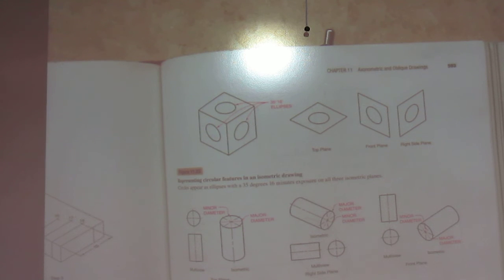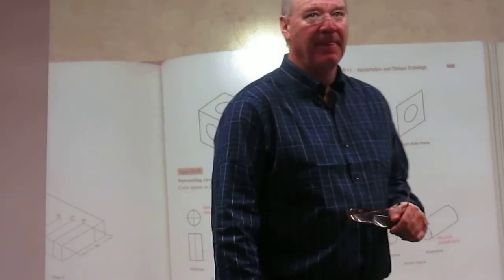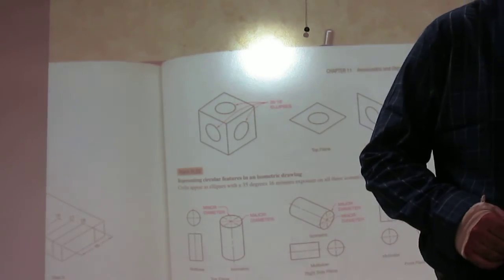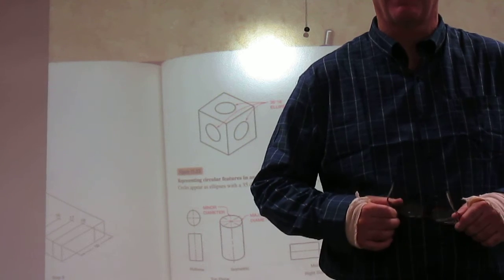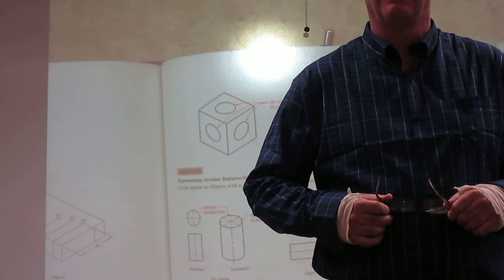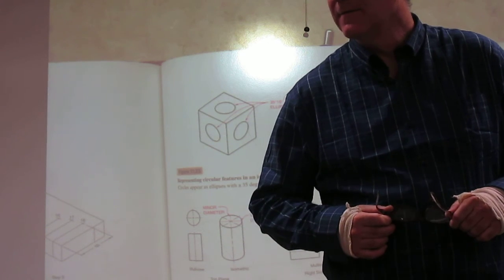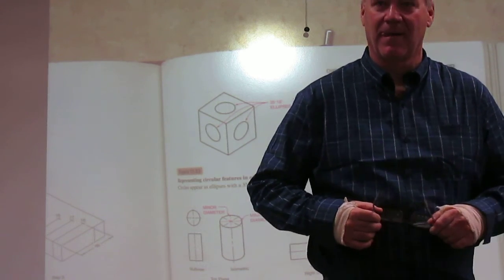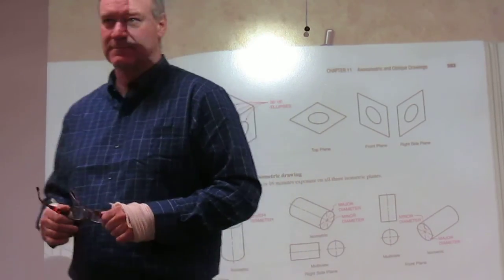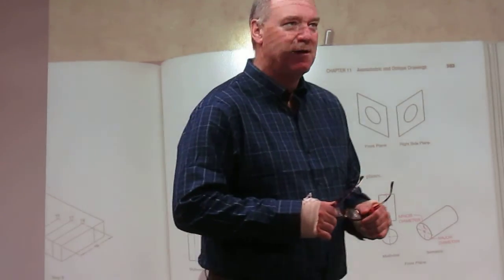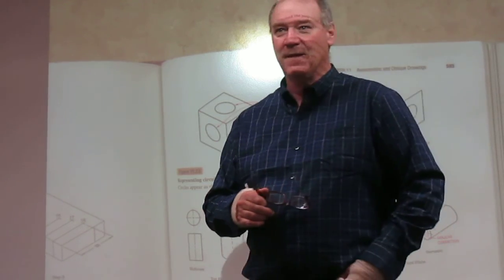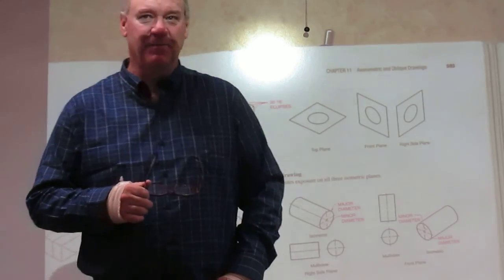Cylinders on isometric planes. In AutoCAD, how do I get AutoCAD to draw an isometric ellipse? Does anybody remember? You go ISO top, you go to the circle, and then you click ellipse. You go to ISO top in the corner or whatever. You click that, and then you type in circle or ellipse, and then you click the opposite. I'm not sure. You're kind of close. Let me rephrase the question. If I'm in CAD and I need to draw a cylinder on one of these planes, what is